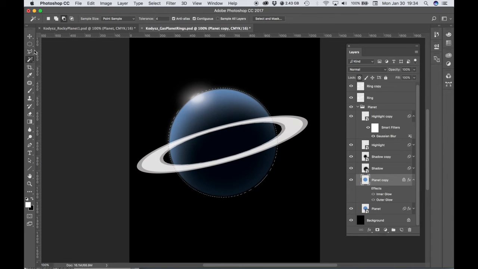Let's go to our ellipse marquee tool. And when we do that, we have a little crosshairs cursor with a minus sign in it. What that means is when we click and drag, wherever we overlap our selection, it's going to subtract from that selection. And what we want to do is subtract the part of the selection that we don't want to